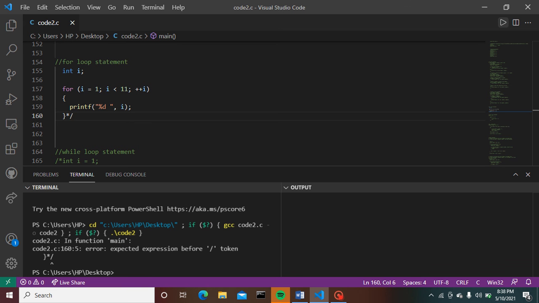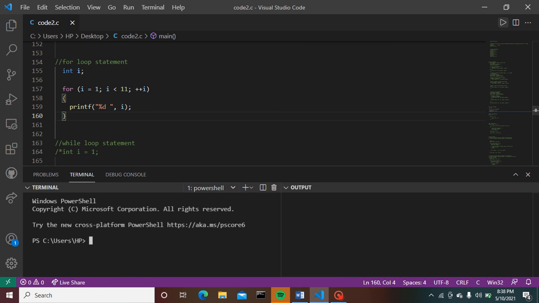The compiler executes. Oh, it's providing an error. Let me make changes. Wait. Let me run it again. Here see what output it will give. It will give an output of 1, 2, 3, 4, 5, 6, 7, 8, 9, 10.